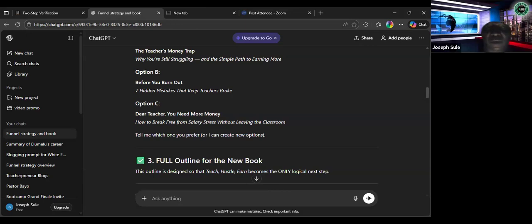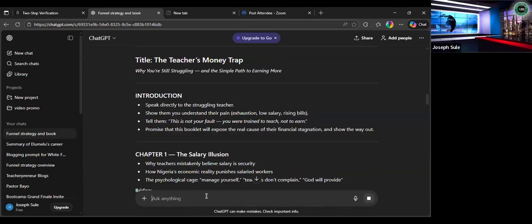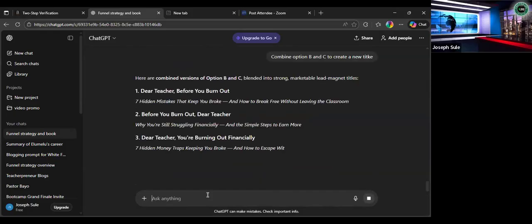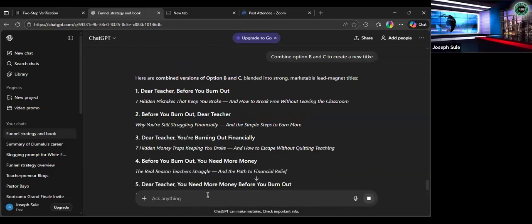So maybe I will tell ChatGPT, combine option B and C to create a new title. I seem to like B and C. Let me see what it will come up with. So it's giving me 3 options again from the combination.